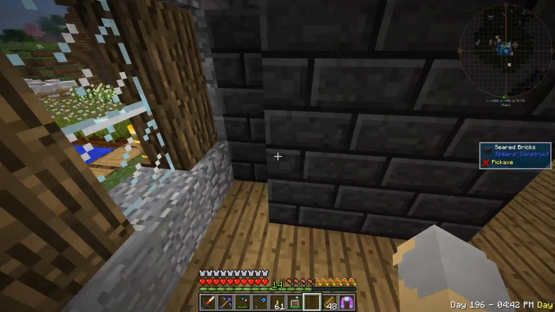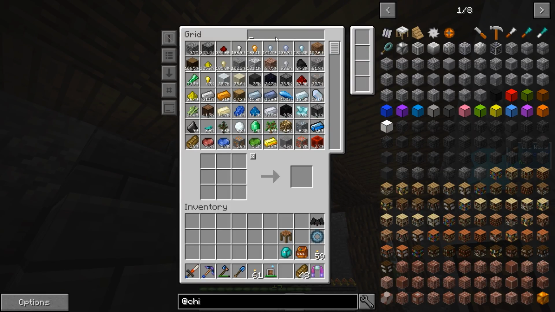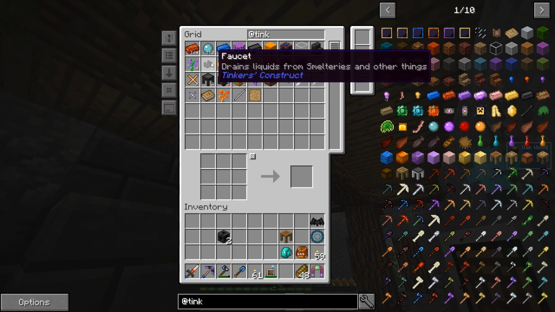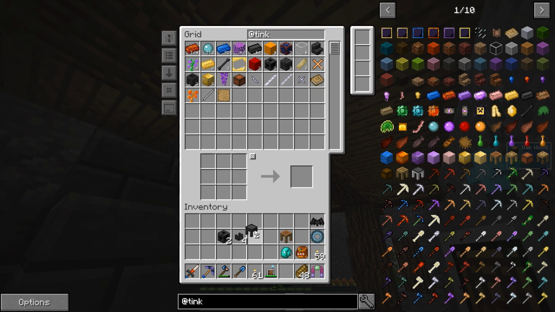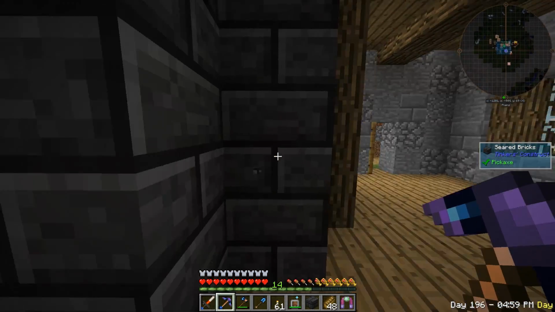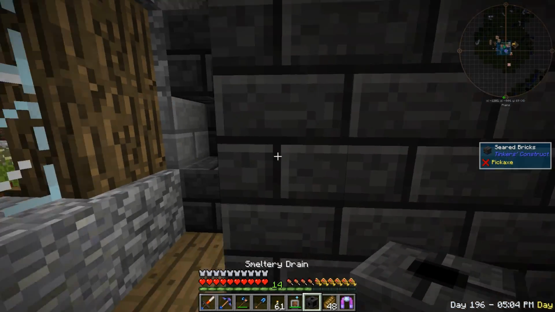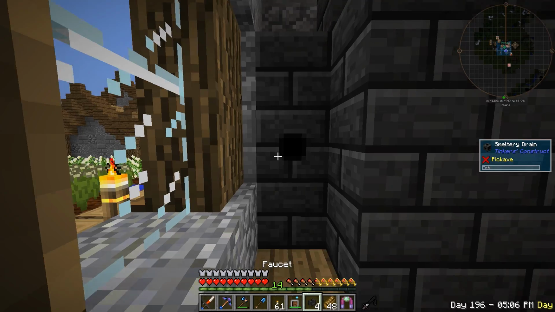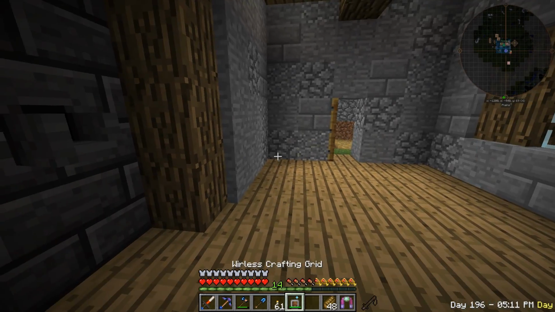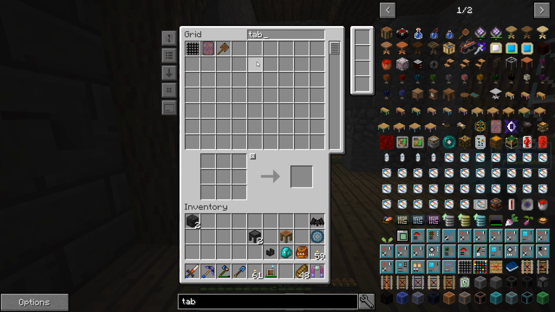Now here, we could do some stuff as well. So if we look at Tinker's, let's grab a couple smeltery drains, let's grab a couple faucets, grab a couple casting tables, right? And we're going to put some of these here and here, and then we'll put a faucet there, and here. And let's grab one more of...